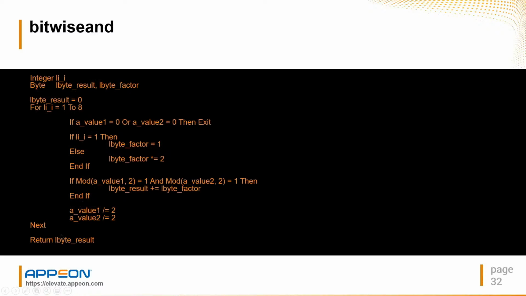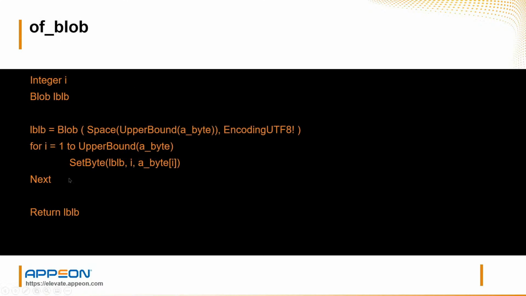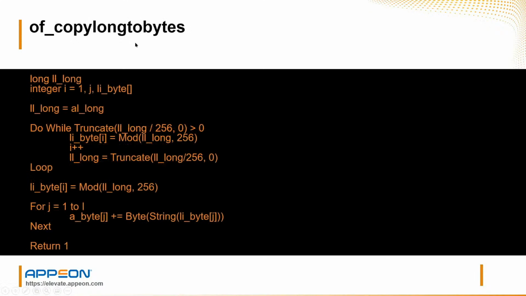This is just a bitwise AND that is used in a couple different locations there. This was borrowed from PFC. Here's the OF blob function. This was put together by Appeon support because the blob function in PowerScript that operates on bytes works a little bit differently between PowerBuilder and PowerServer. And then this is the copy long to bytes, once again put together by Appeon support, because the long to bytes function in PowerScript works a little bit differently between PowerBuilder and PowerServer. So